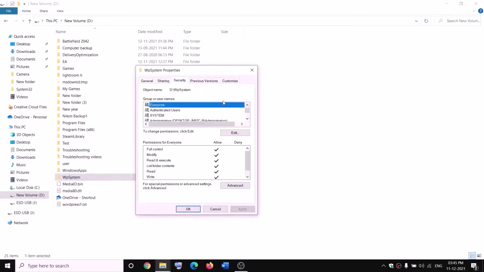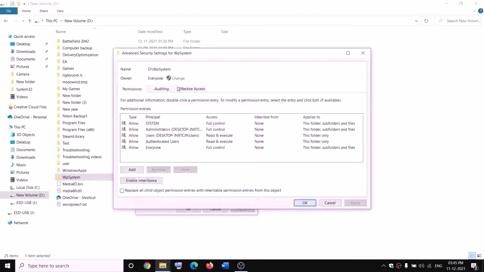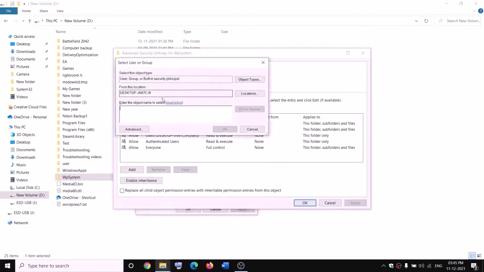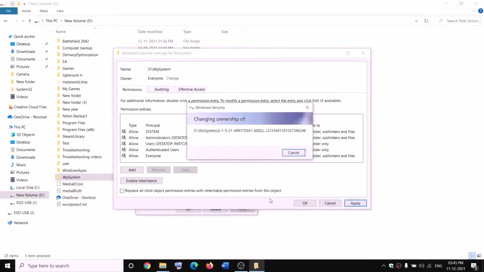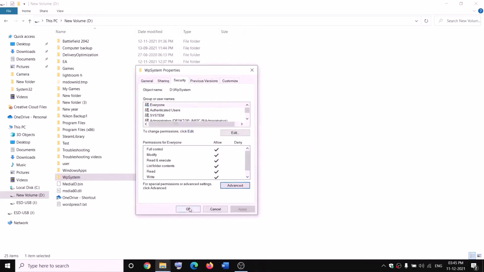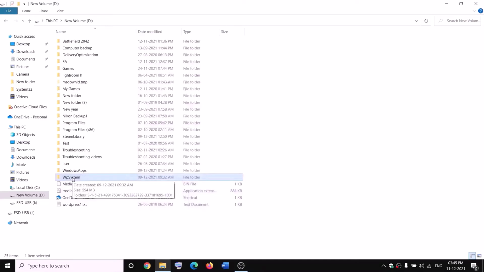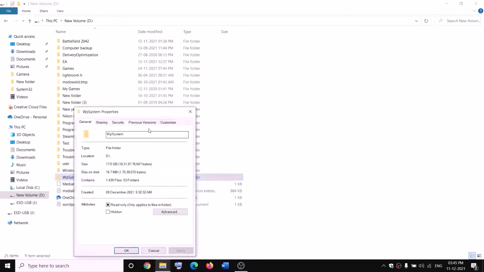We will go ahead and take the ownership of this folder. So go to security tab and then click on advanced. Now click on change over here and then type in everyone over here, and then click on check names, then click on OK. Now put a check on the box which says replace owner on subcontainers and objects, and then click on apply, OK, OK, OK,